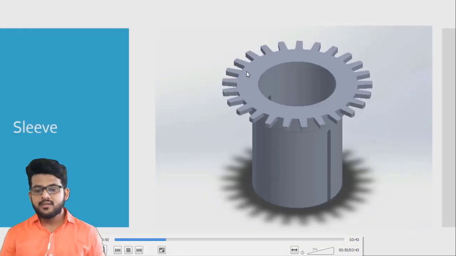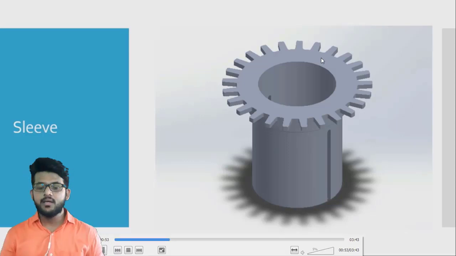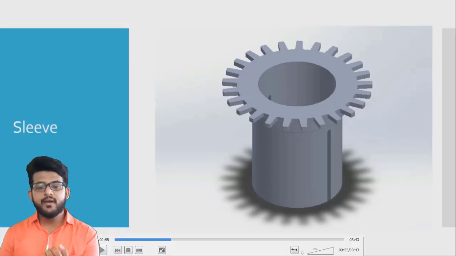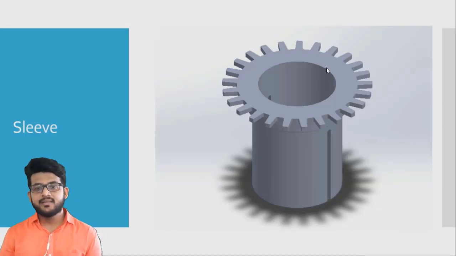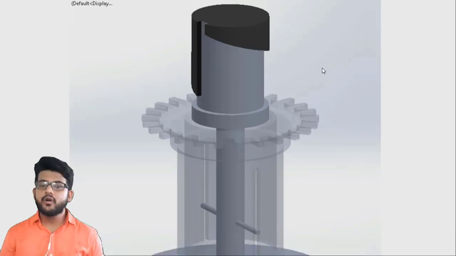So how does it work? Let me show you. There is also one sleeve which is connected with the piston. So the piston will also rotate. The piston is moving up and down, and it is also rotating. This rotation of the piston is done by this sleeve, and this sleeve is operated with the rack, and that rack is operated according to the condition of the engine, according to the speed of the engine.